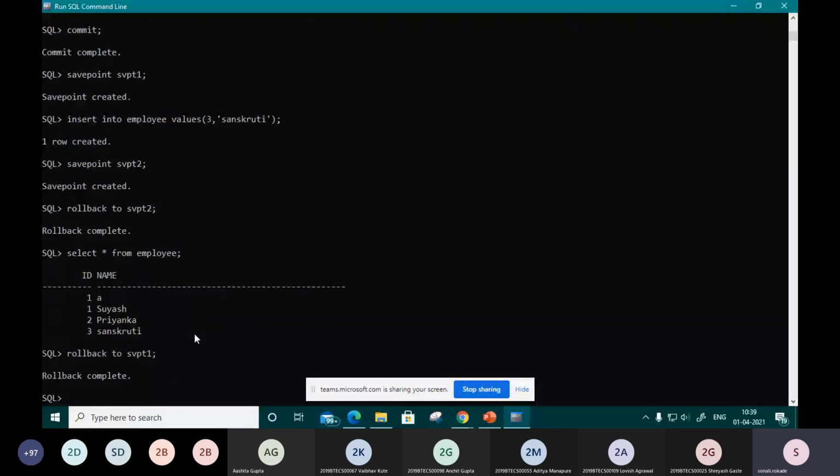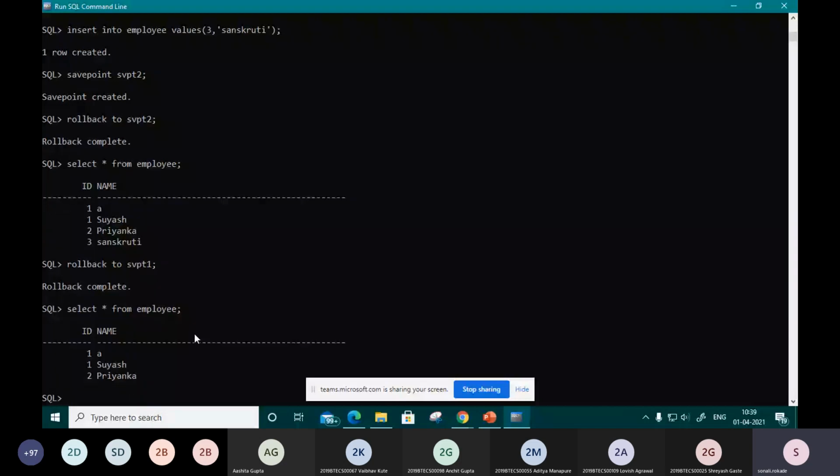So you can roll back to that savepoint, and I have that savepoint, that is 1. So data will get rolled back to that extent. So select star from employee. So you can roll back your data up to the last savepoint that you remember, and you can get that data back.